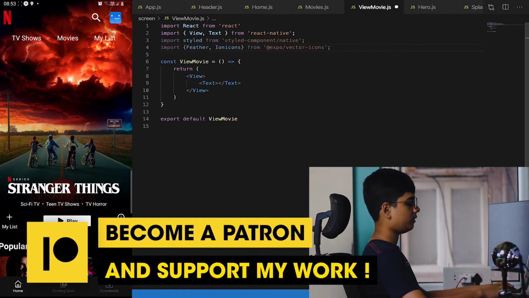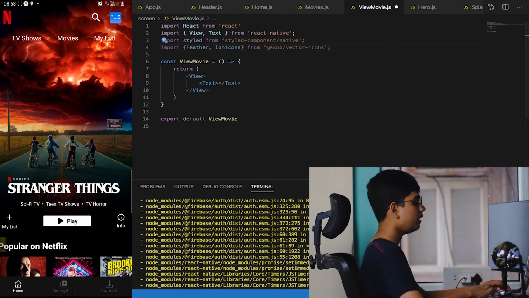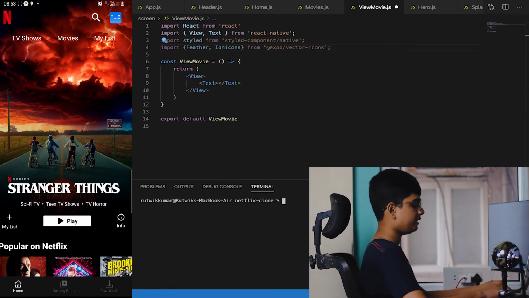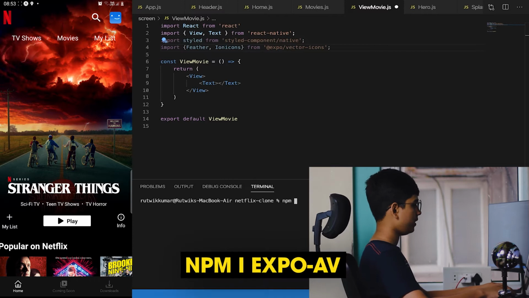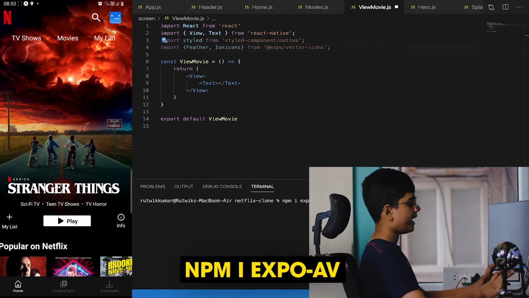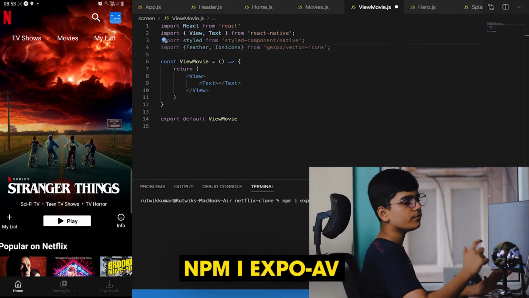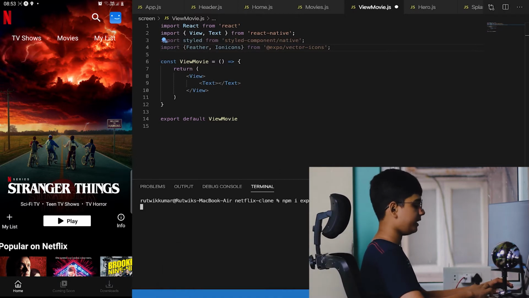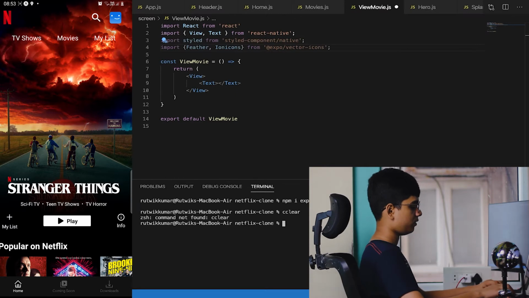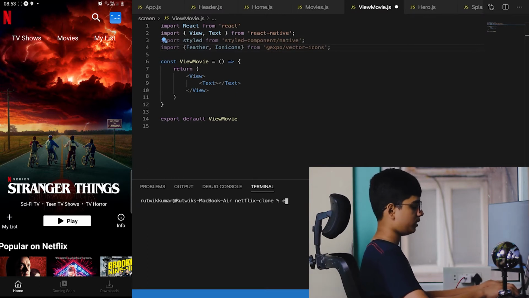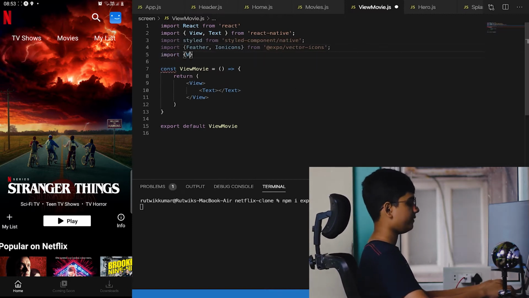In this video we'll be requiring a package. Let's install that: npm i expo-av. Expo-av is a package used to show the video. Sorry, there's a typo over there. It's not expo, it's expo-av. Just clear it. npm i expo-av. This is the package. Now let it install, and in the meanwhile let's